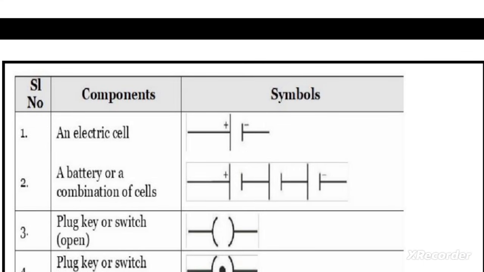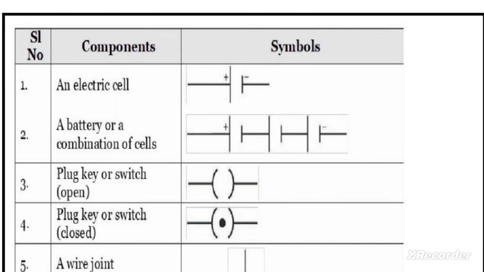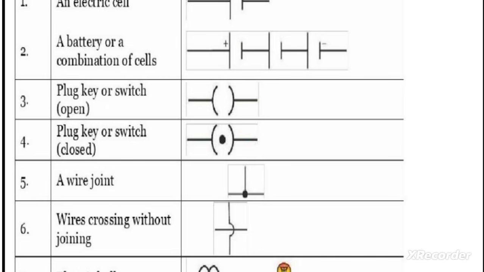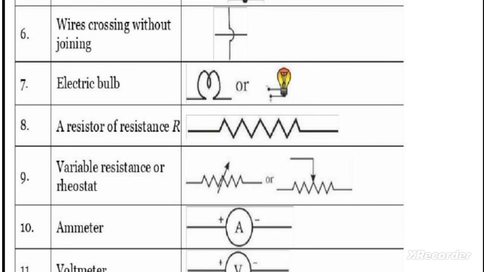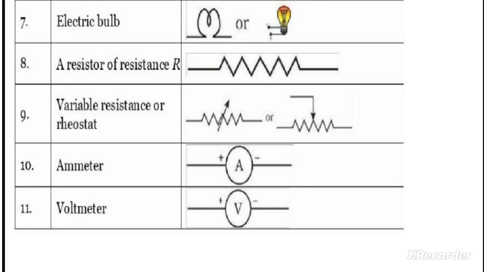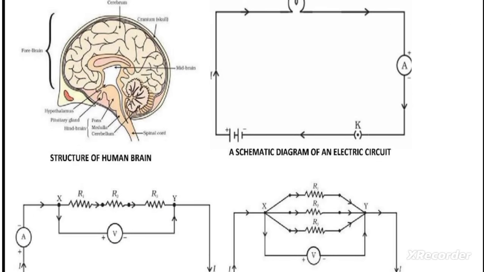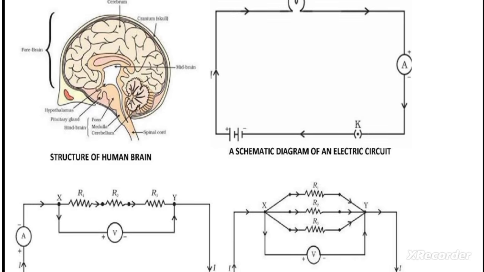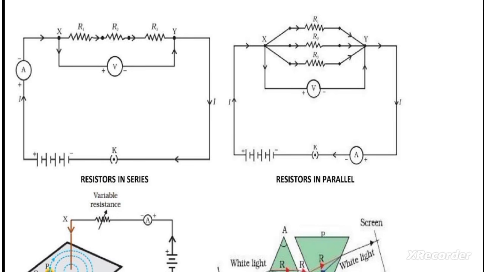First, the electricity chapter: components and symbols, 1 mark compulsory. They ask: electric cell, a plug key or switch (open or closed), a wire joint, wire crossing without joining, electric bulb, a resistor of resistance R, variable resistance or rheostat, ammeter, voltmeter. Then drawing is also most important in the examination: schematic diagram of a simple electric circuit, resistors in series, resistors in parallel,